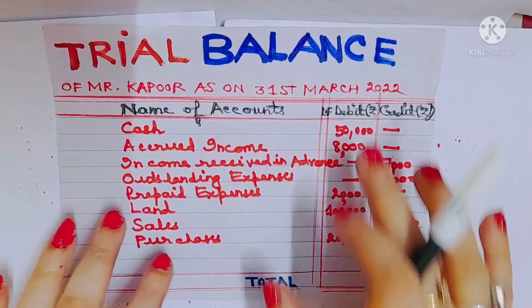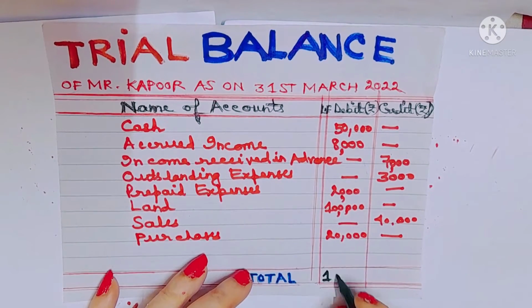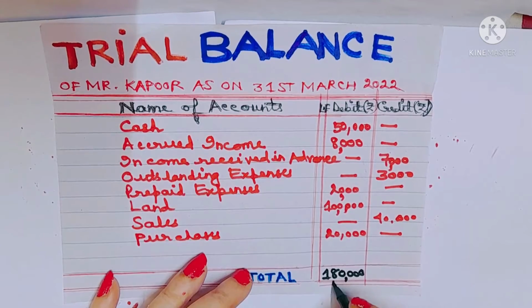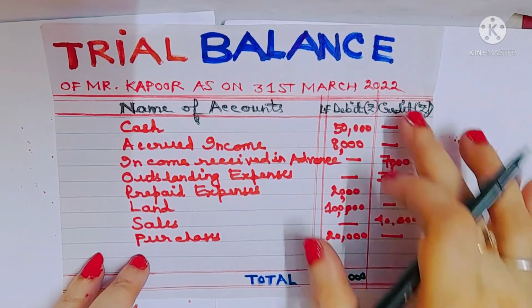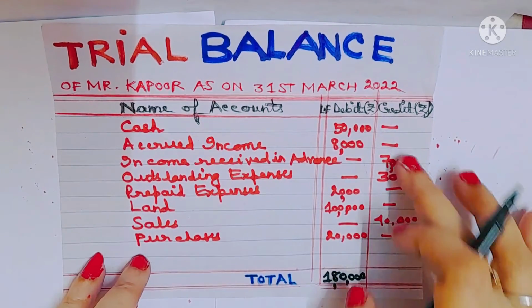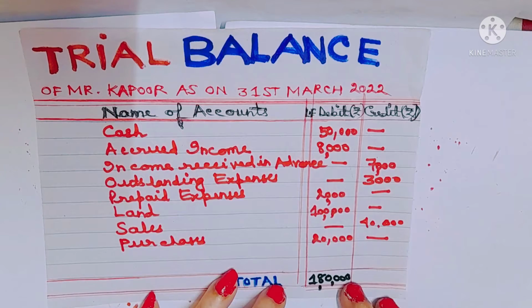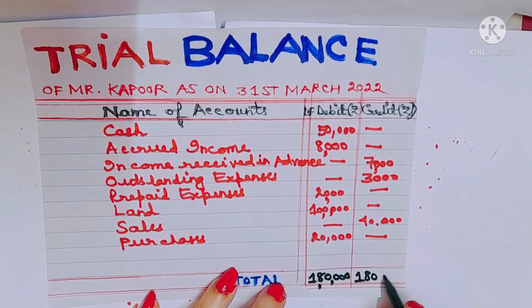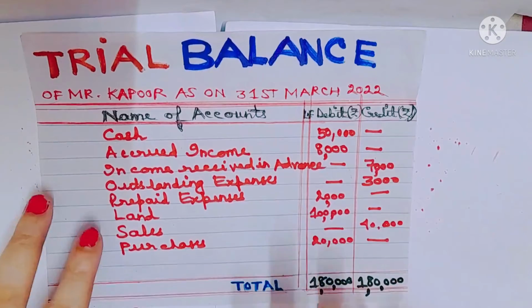Okay? The total of the debit column is 1,80,000 and the total of the credit column is 50,000. That means there will be a balancing figure. The total of the credit column is only 50,000 and the total of the debit column is 1,80,000. And I told you, whichever total is bigger, we will write that total in both columns. So now the balancing figure will be capital. Understood? See,